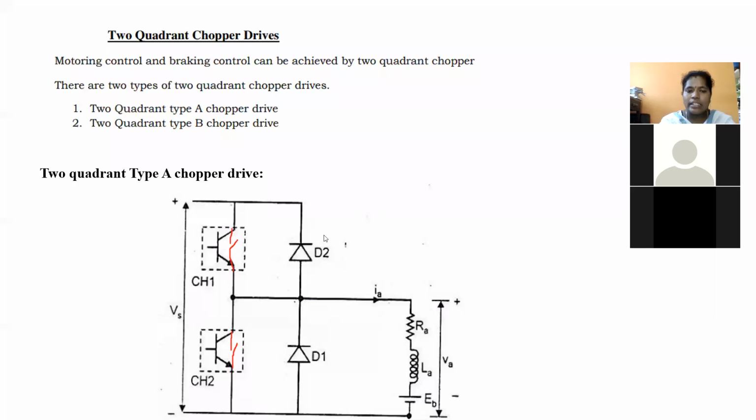And here your two diodes are connected. That is, it is the combination of controlled and uncontrolled devices. Listen carefully. A chopper is nothing but a controlled device. Chopper means you can use any controlled device, and especially in power electronics, we are not discussing uncontrolled devices. They may be a thyristor, a MOSFET, an IGBT, or an IGBT with diode. All are controlled devices. Whereas the diodes are uncontrolled devices. So the two quadrant chopper uses a combination of controlled and uncontrolled devices.